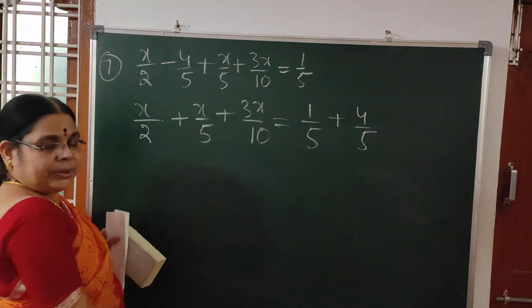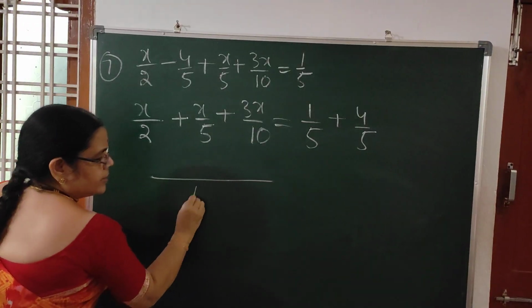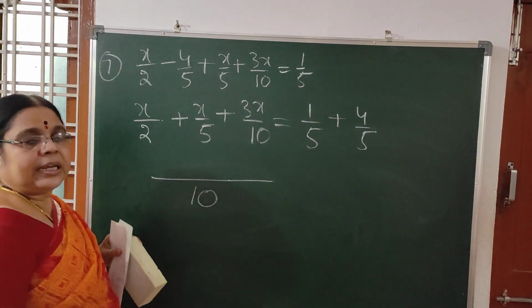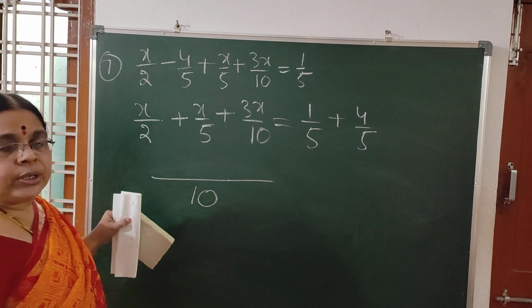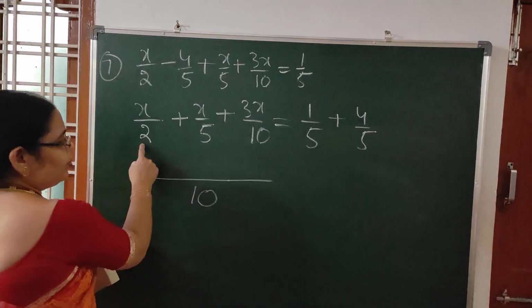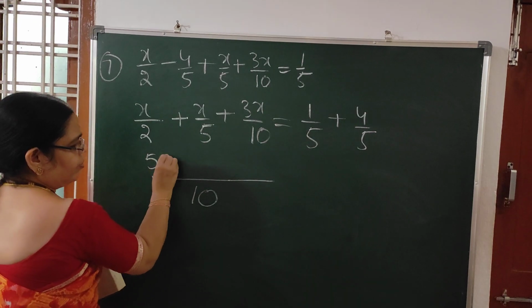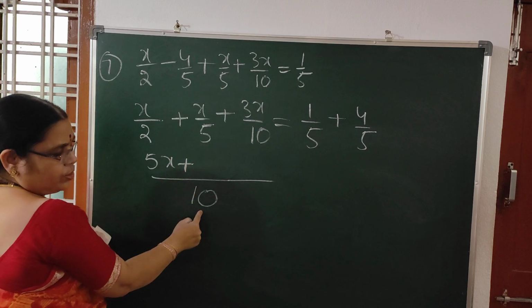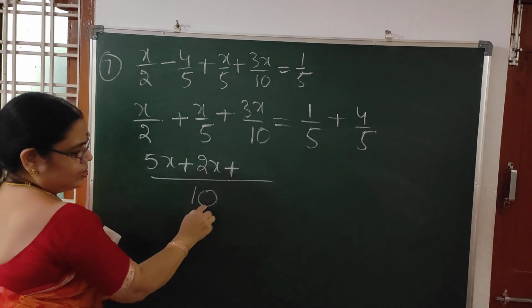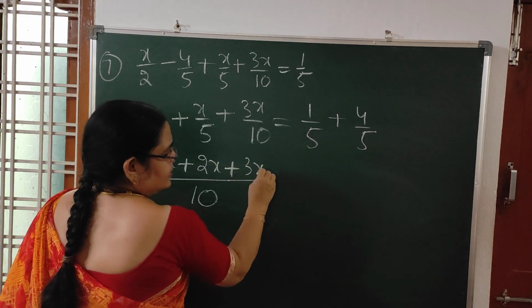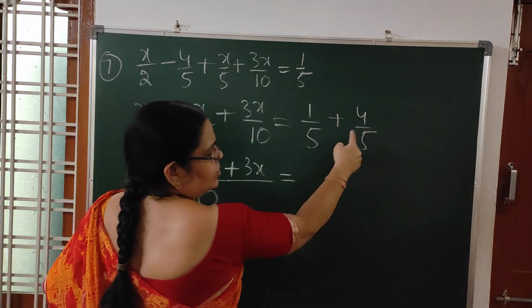Now simplify. 2, 5, 10. Denominators are different. So LCM becomes what? 10. I am showing you directly. You have done so many sums, so LCM and all you can do in your own way. 2 5s are 10, 5 into x is 5x plus 5 2s are 10, 2 into x is 2x plus 10 1s are 10, 1 into 3x is 3x is equal to,